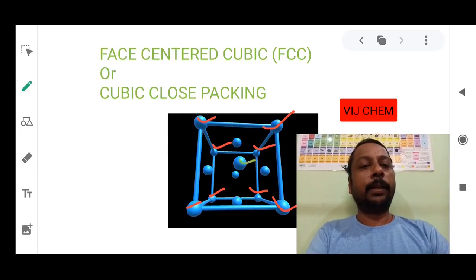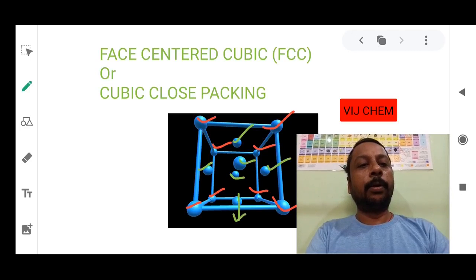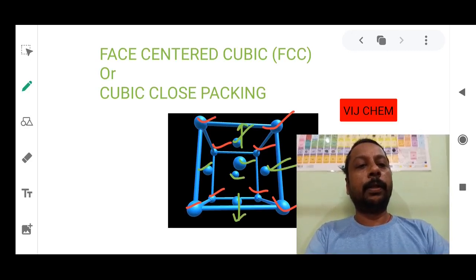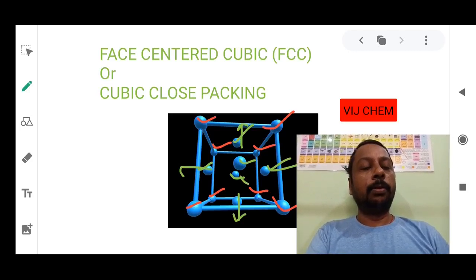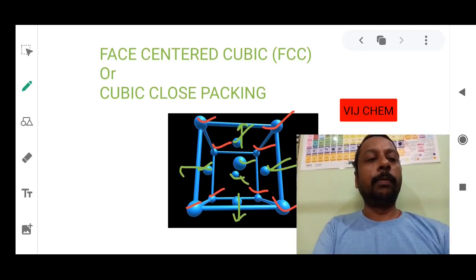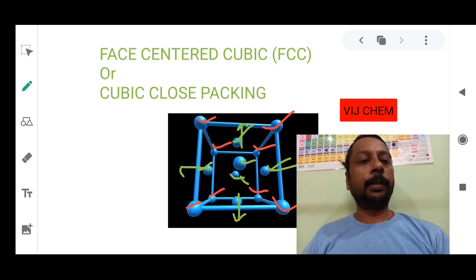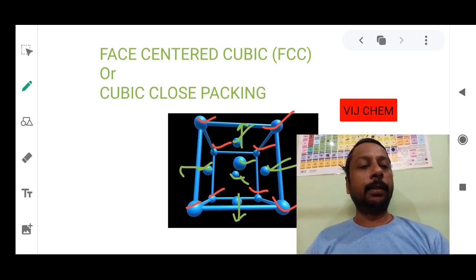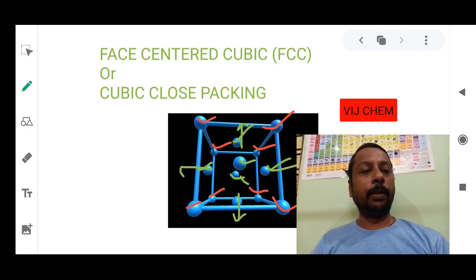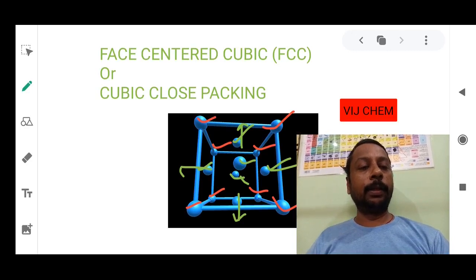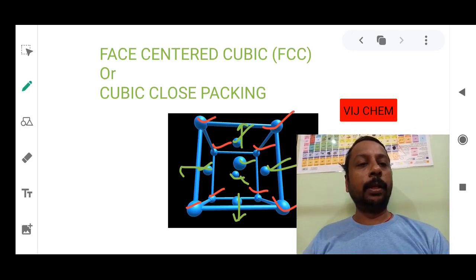See, this is the front, this is the back, this is the left, this is the right, this is the top, this is the bottom. Okay, this is the bottom one, this is the top one, this is the right one, this is the left one, this is the front one, this is the back one. Like that, in a cube how many faces will you find? 6 faces. So each face is connected with the 6 face centers. So total number of lattice points in FCC are how many? Very good, 14. 8 at corner, 6 at the face center.